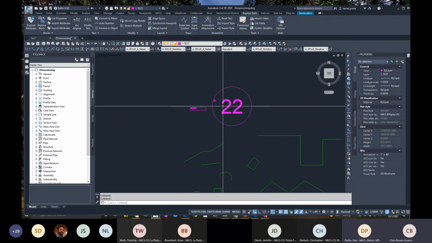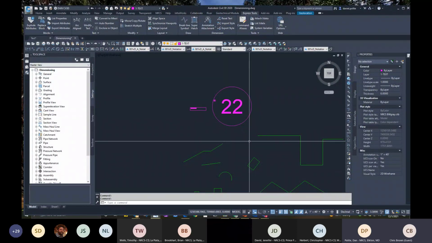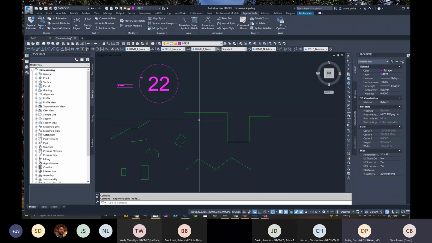So that's annotative text. Trying to think of anything else that I have as far as the dimensioning, annotative text. I think that's pretty much about it regarding text and scales, and the only other thing I guess I could go over a little bit on is the annotative blocks. As far as blocks are concerned,